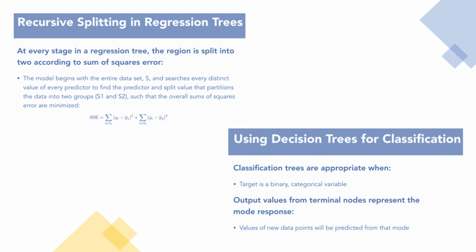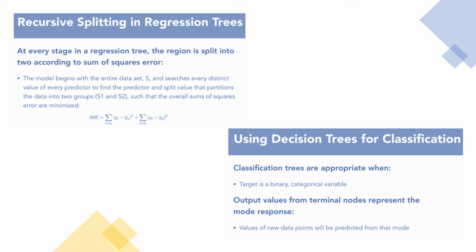The model begins with the entire dataset S and searches every distinct value of every predictor to find the predictor and split value that partition the dataset into two subgroups, S1 and S2, such that the overall sum of square errors is minimized. Turning now to using decision trees for classification, classification trees are appropriate when your target is binary,